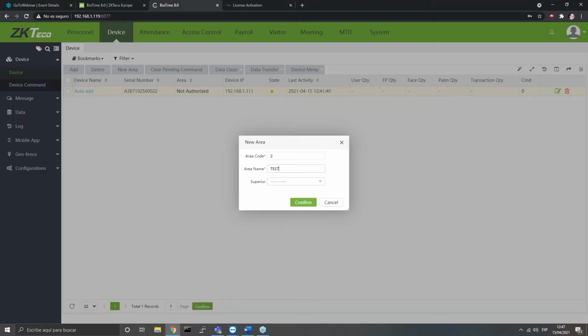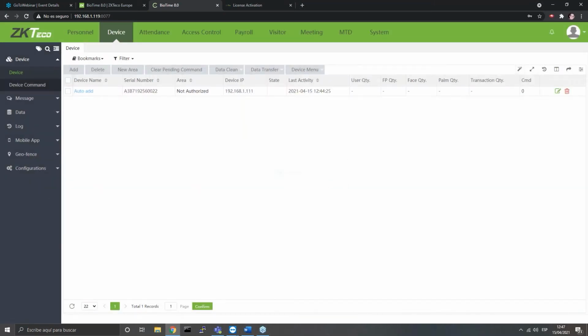We can, for example, create an area which is Europe, and then put Madrid and other cities, and then we can have another area which is Africa, and put, for example, sub areas that are for the different countries or the different offices that our installation has. Okay, I'm going to confirm, create the area, and also we need to not forget to